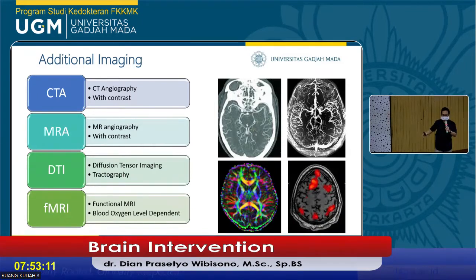The primary motor cortex is located at the precentral gyrus. Still remember the motor homunculus, right? There is the part for the hand, the head, the tongue, the inferior extremity. So the precentral gyrus, somatotopically for the hand, will appear like this using functional MRI, because it will consume more oxygen than the other parts.